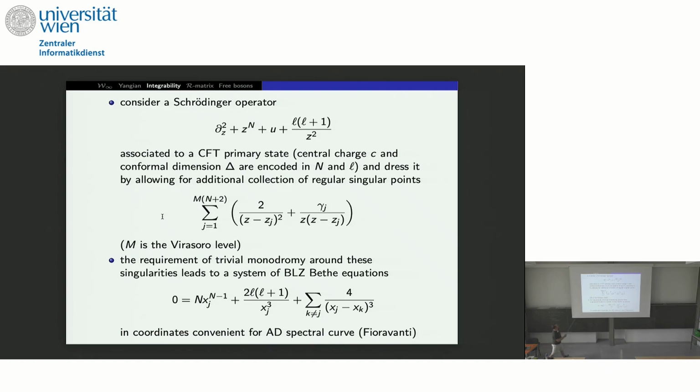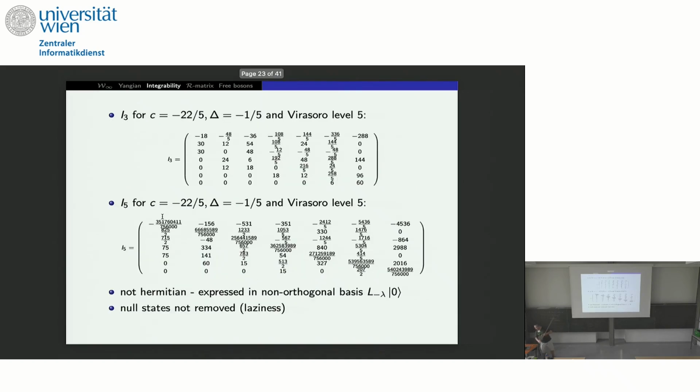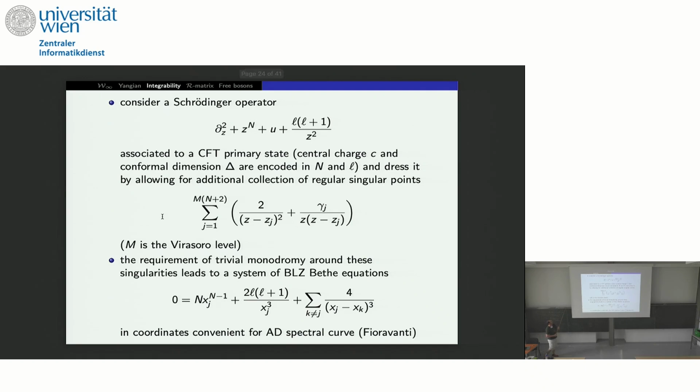So you have just a concrete second order differential operator with some rational potential in the complex plane. This object is identified with the highest weight state, with the primary in the 2D CFT. And then if you want to describe descendants, the states that are at some Virasoro level, you are instructed to add additional